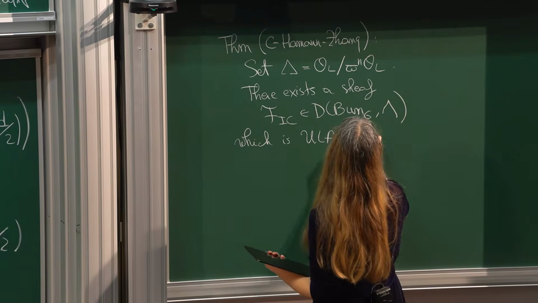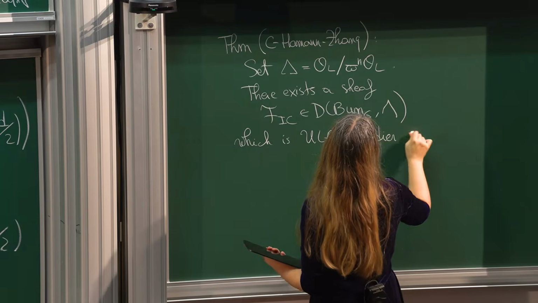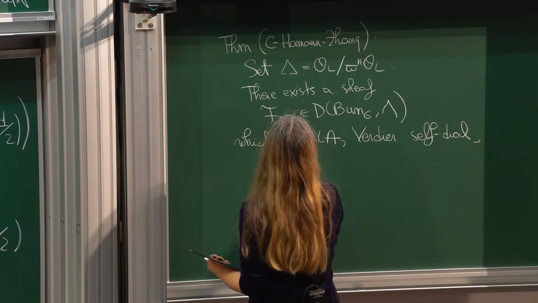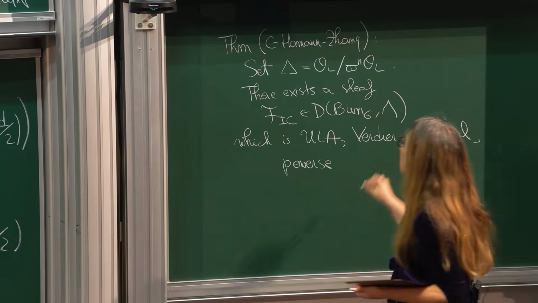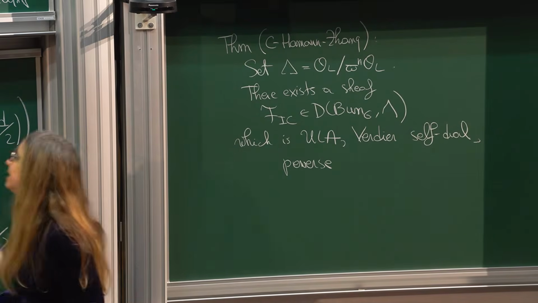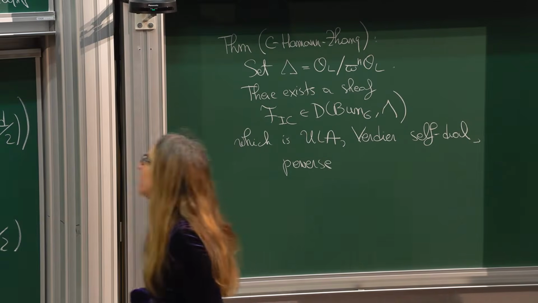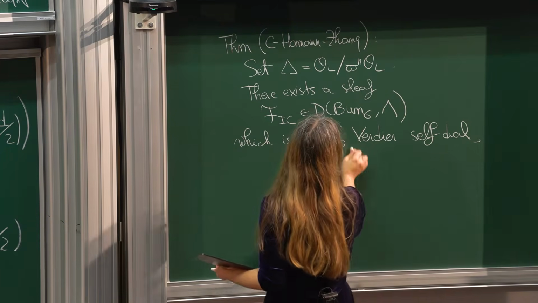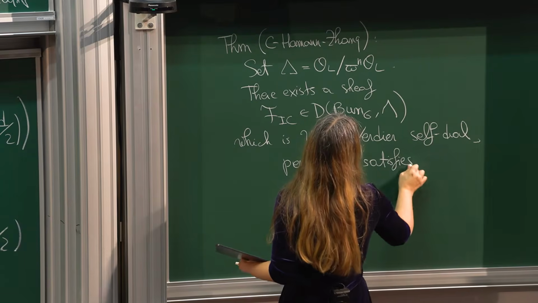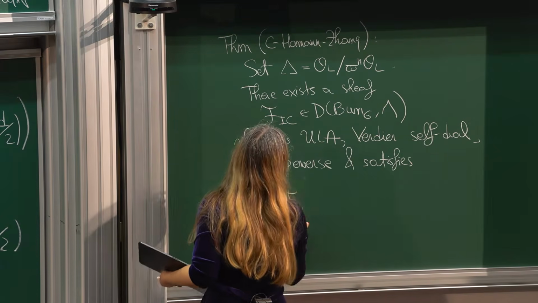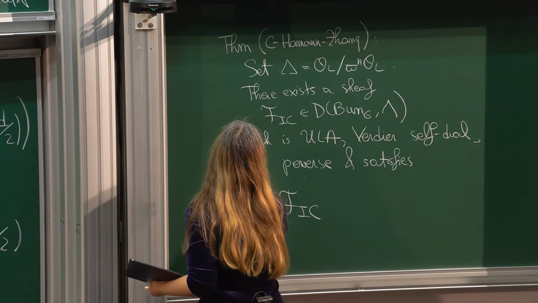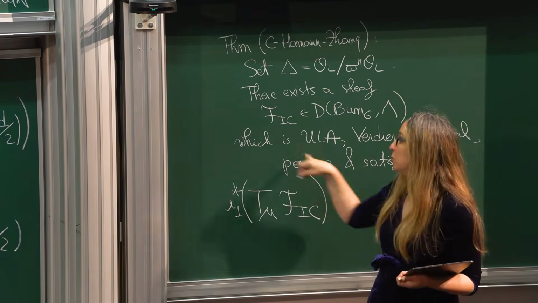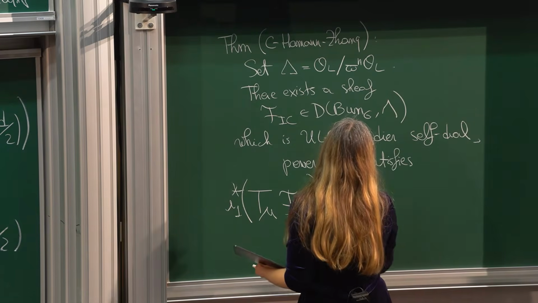And once you know it's ULA, you can prove that it's Verdier self-dual, and then you can prove that it's perverse just by doing one half: being in perverse degree less than or equal to 0, plus the perverse t-structure here is stable under Verdier duality, gives you this. It satisfies that if I apply T_μ to this sheaf, and then I pull back to the neutral point, along this open immersion i_1, I view this as a smooth representation of G(Q_p) with Λ coefficients,